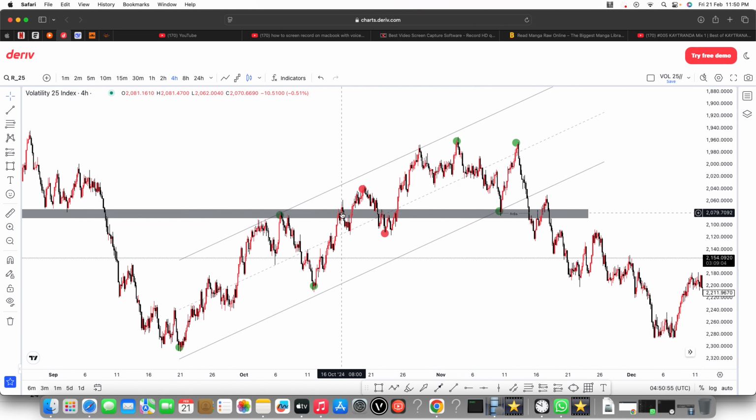We can see here this is the area where it first broke back into the area, and we see here this is where it found support and bought back up, found support in this specific area, and used this area here as a point of support throughout until it broke back through,